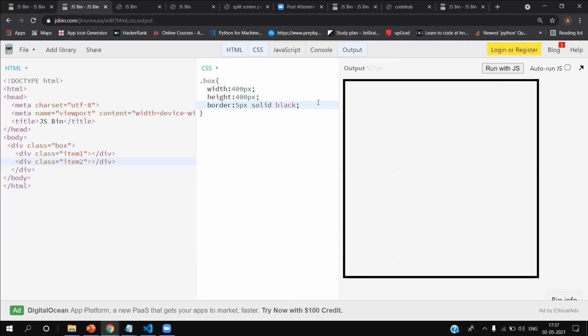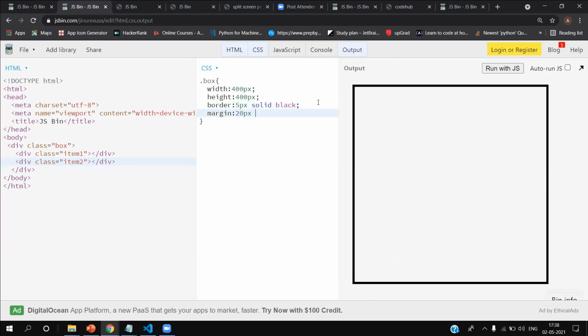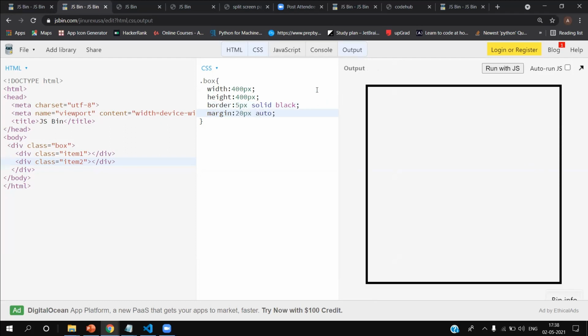So I've created a border, and now I'll give a margin of 20 pixels. From the left it has given 20 pixels, from the top it has given 20 pixels. So right and down it takes automatic. Now I will create dot item 1.